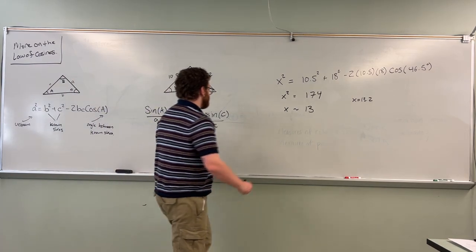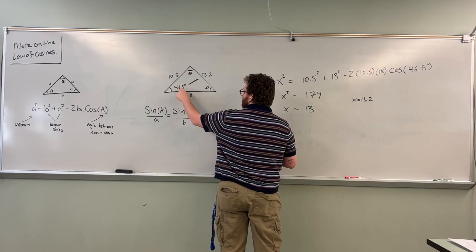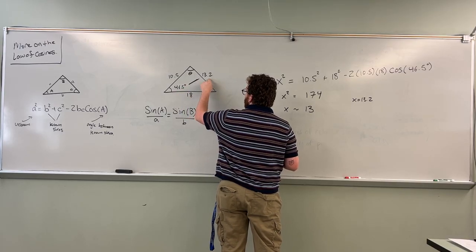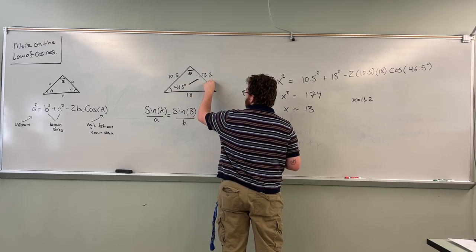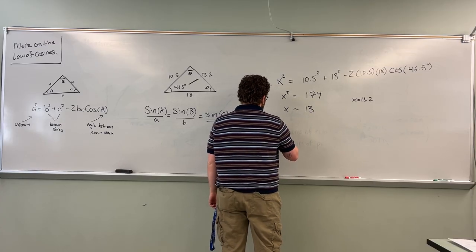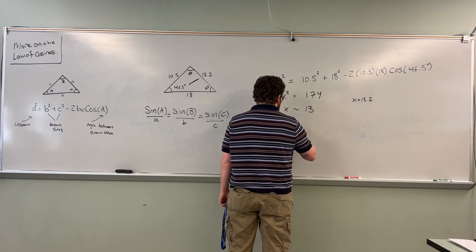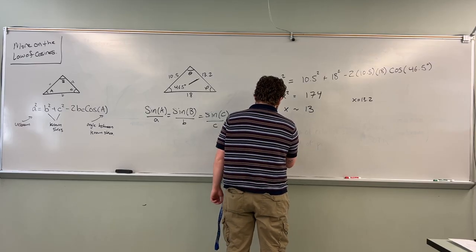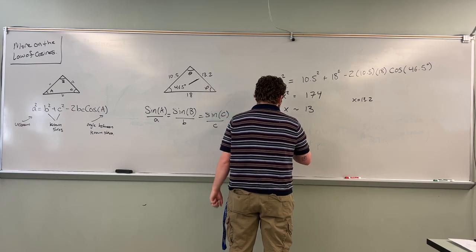So my known information pair here is this angle of 46.5 degrees and the side length of 13.2, whatever the unit is. So I have that sine of 46.5 degrees divided by 13.2